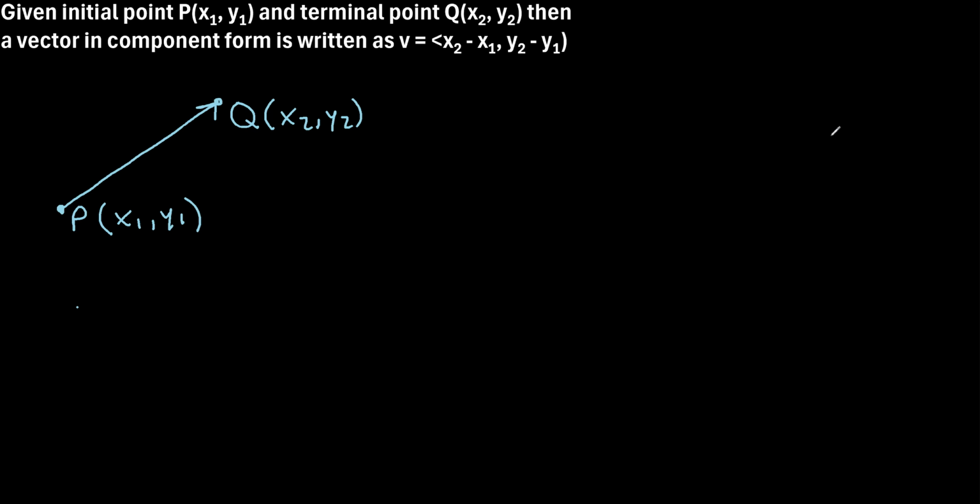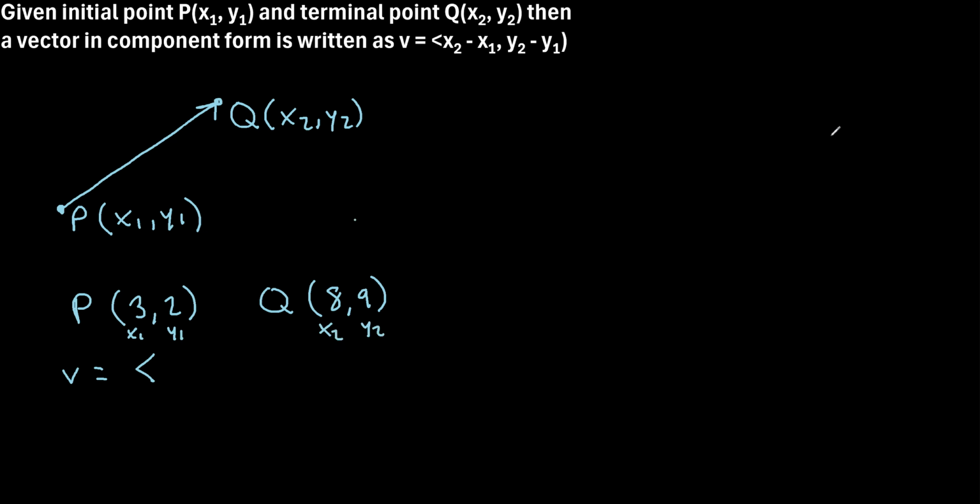So let's say we're given some vector with an initial point P of 3, comma 2, and a terminal point Q with coordinates 8, comma 9. How can we write this vector in component form? Well, using this definition, we can say v is equal to x2 minus x1. So if we want to label these, we can say this is x1, this is y1, this is x2, and this is y2. x2 minus x1, that would be 8 minus 3,